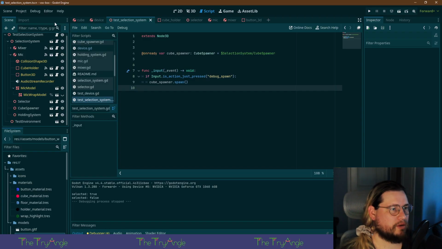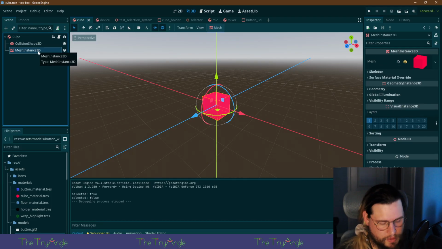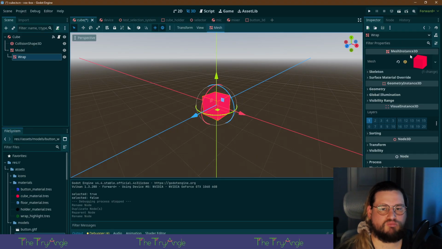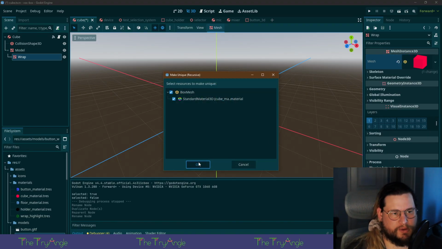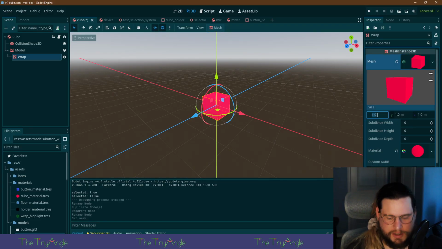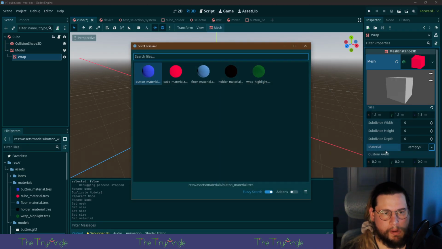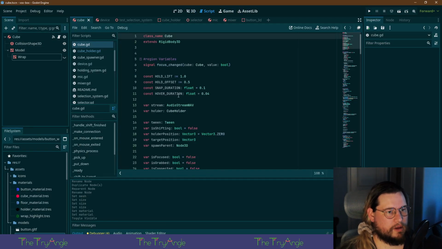Now the cube. You need your own wrap. Oh, before I do, make unique, because we don't want it to copy all the values. Material is just the wrap. That's it.